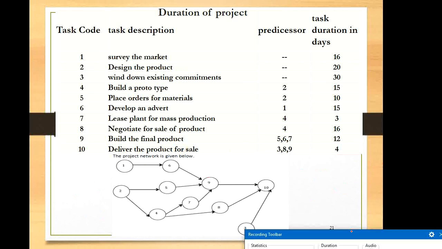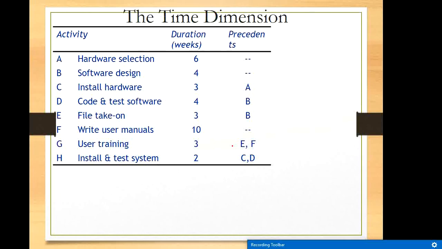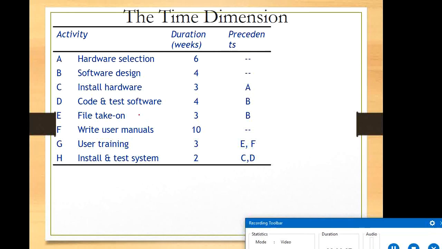You can see activity on node appears like this. You try with activity on arrow properly for the same example. You can find this example in the slides given to you for this lesson. Then another one is another example for network diagram. There are 8 activities. How to draw the network diagram for this? See, there can be precedents. So first 2 activities have no precedent. First and last, F, also do not have any preceding activity.